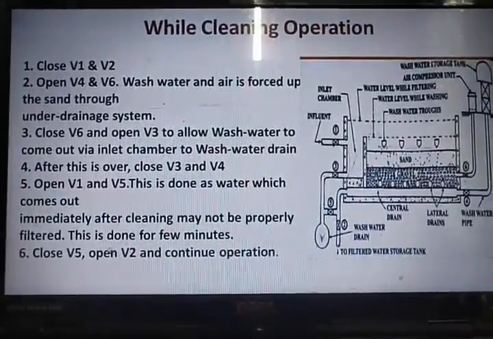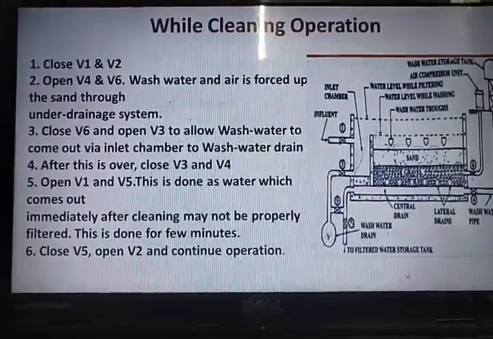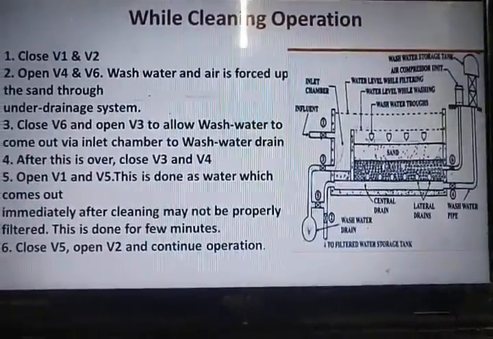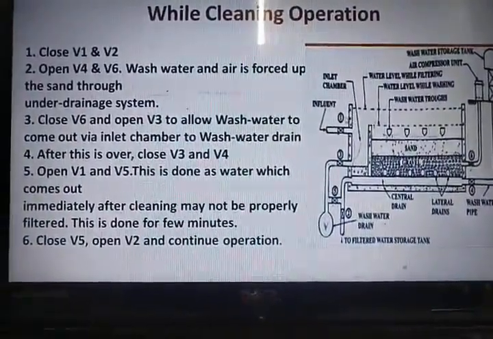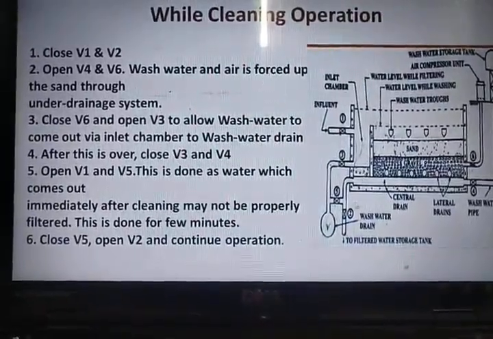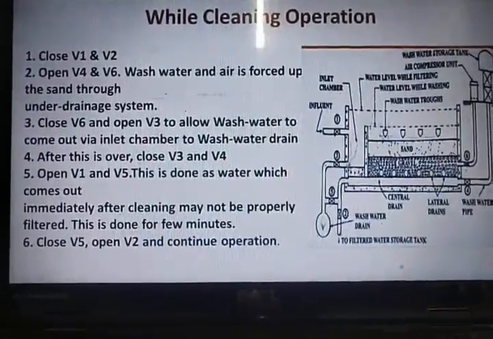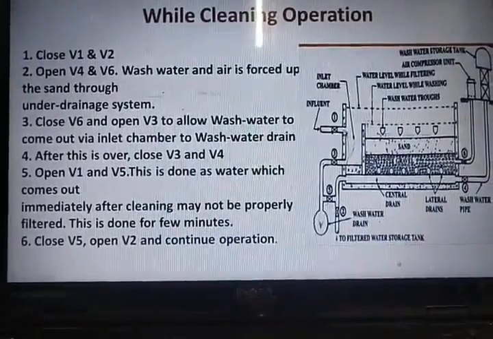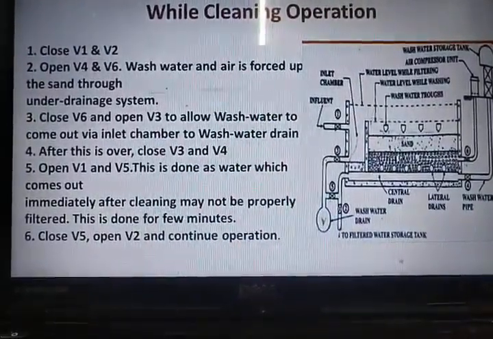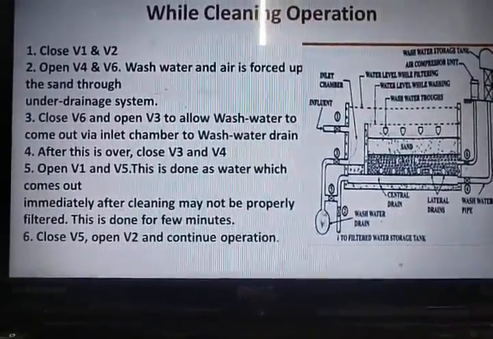Okay, so now we will close the valve V5 and we will open the valve V2 so that the filter again comes back to normal cycle of operation. Okay, so that is when we allow the water from the inlet, V2 should be opened for the normal cycle of operations. Here what we do is immediately we will not open V2, instead we will open V5 so that if the water enters, if there are any certain impurities, then it will be cleaned in the filter media, then water is allowed to the washed water tank.